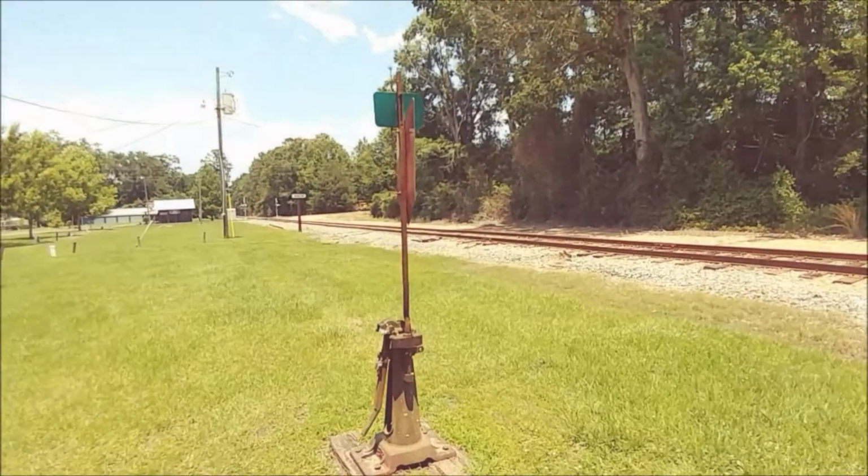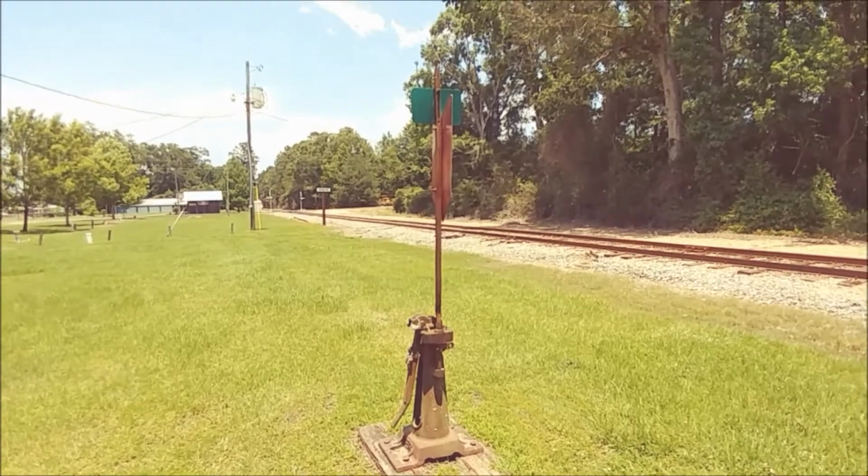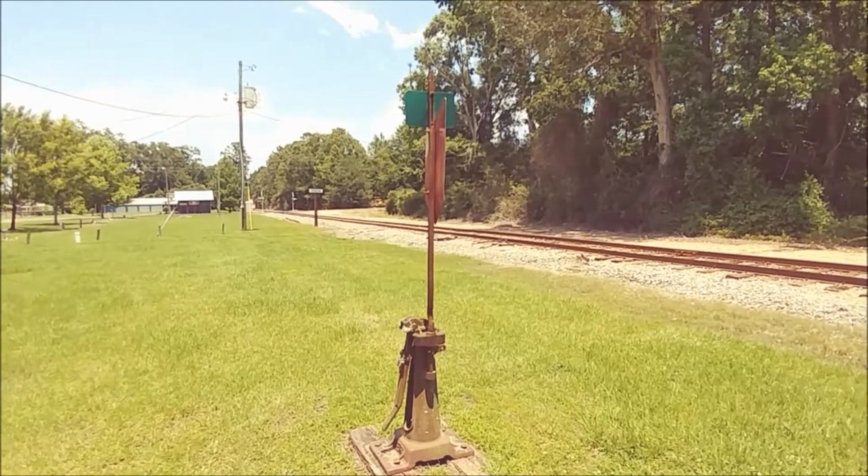Here comes the train. The tracks are ringing, warning or telling everyone the train is